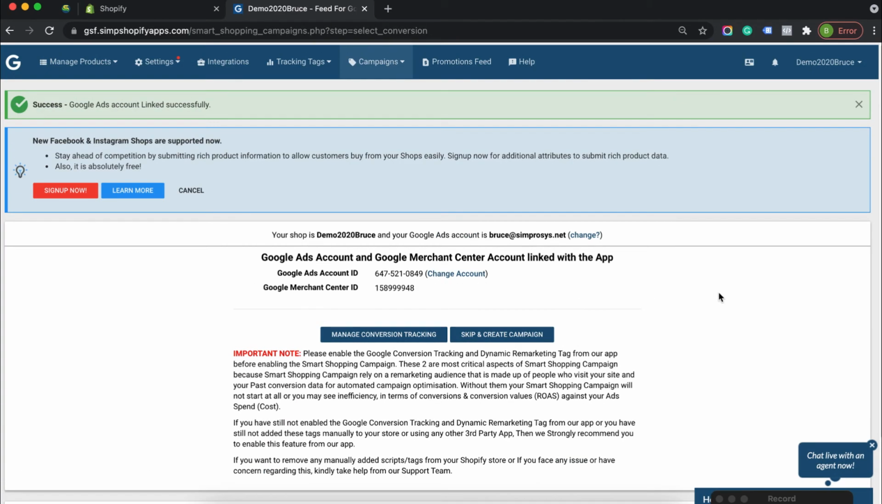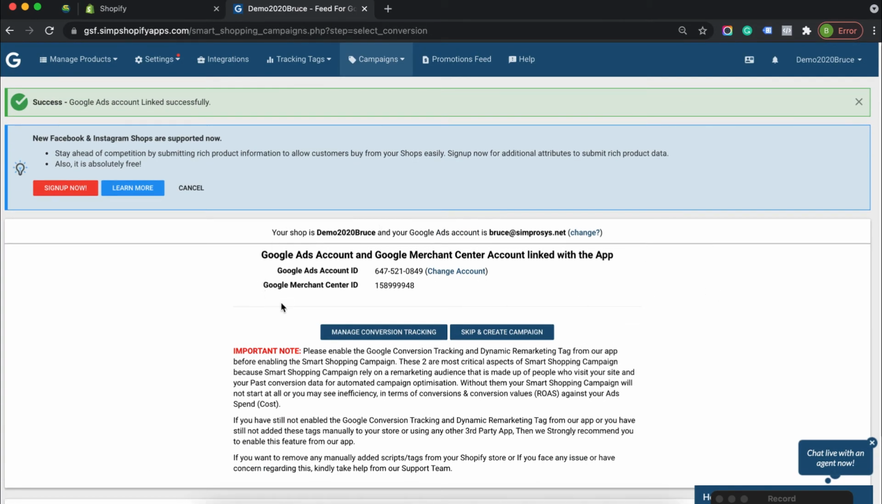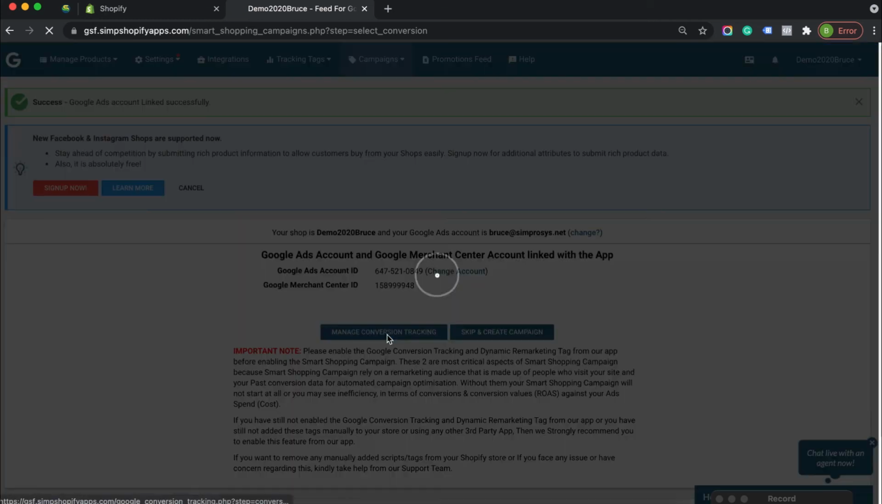Okay, now you can see our app also asks if you want to manage conversion tracking from our app itself or want to skip and create campaign. So I will opt for manage conversion tracking from this app itself, so that merchants are not required to put any manual code or script in their Shopify store. Our app will automatically insert the conversion tracking and dynamic remarketing script in their Shopify store's theme file. So I will click on manage conversion tracking here,